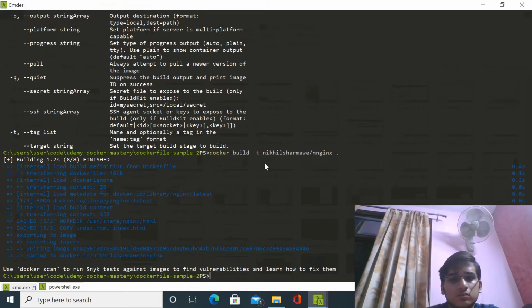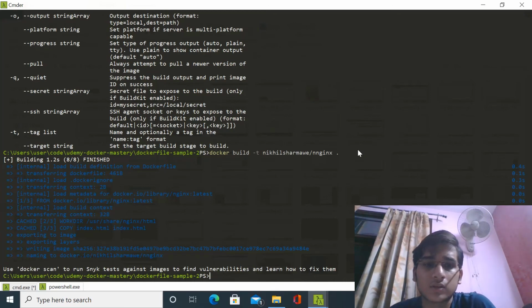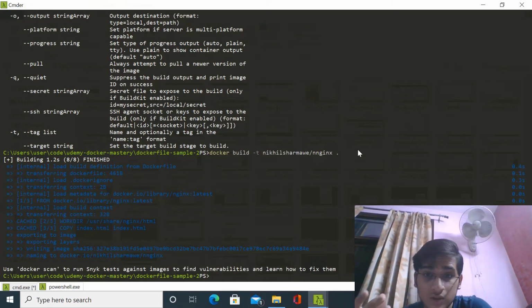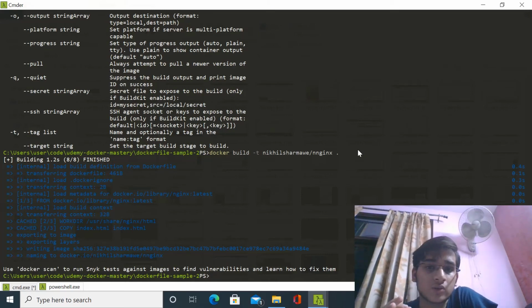So what is this command? Docker build. Previously I told you that we need docker build dot to build a Dockerfile, but I have added something here. I have written minus t nikhilsharmav/nginx. So what is this? Minus t refers to a tag.